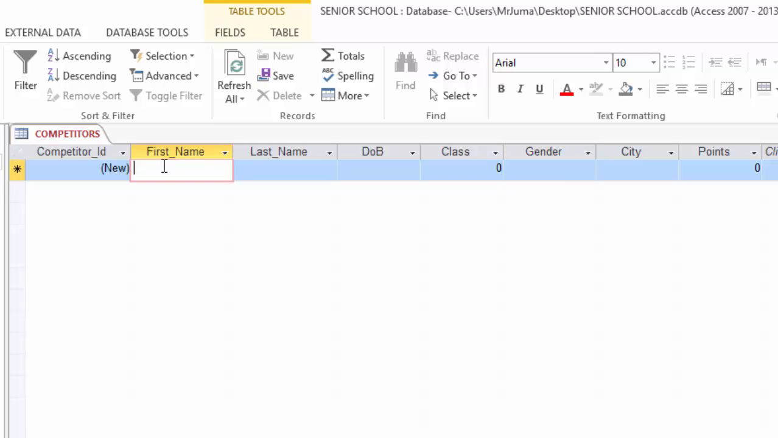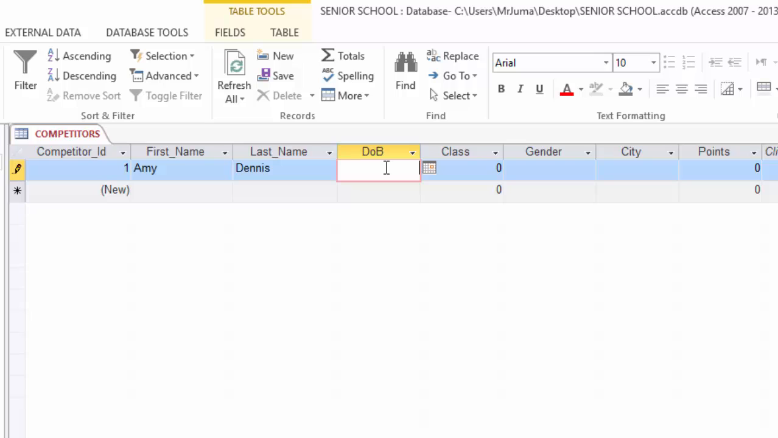The first competitor is Ami Denise, and the date of birth 16 Jan 2009. This is the format for the date which we specified, which is easier to read, and is coming from class 6,